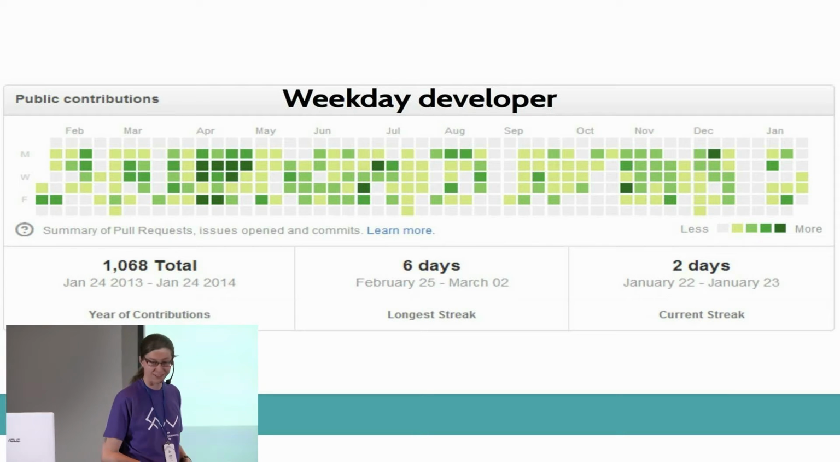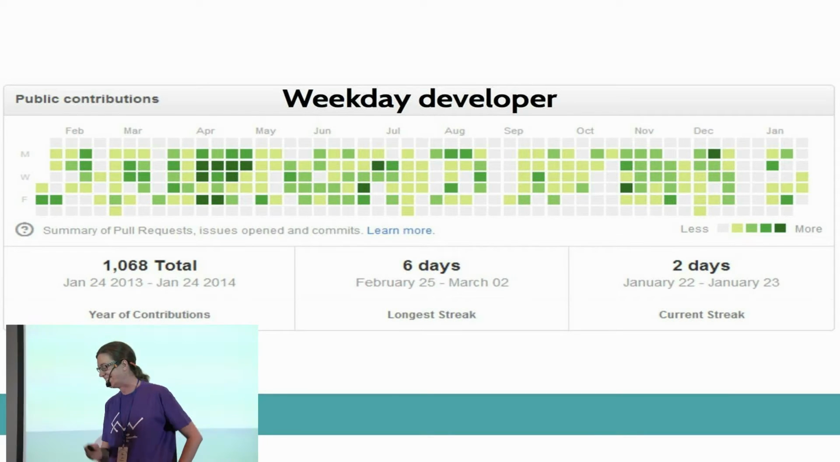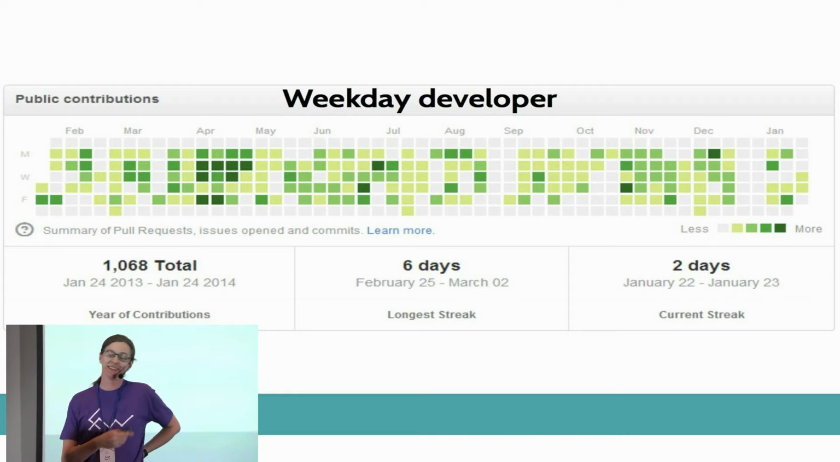I don't know, fixing the stage. So yeah,